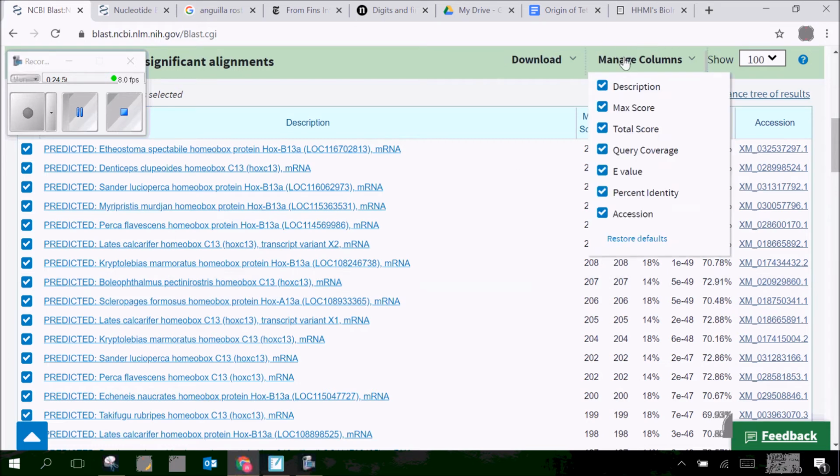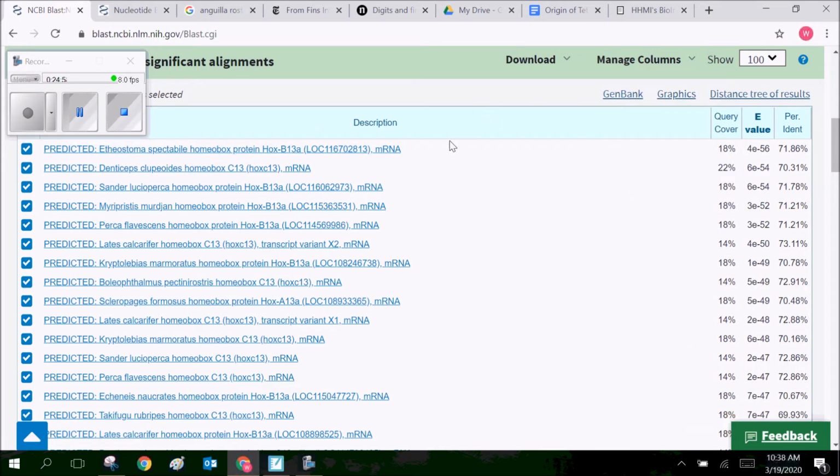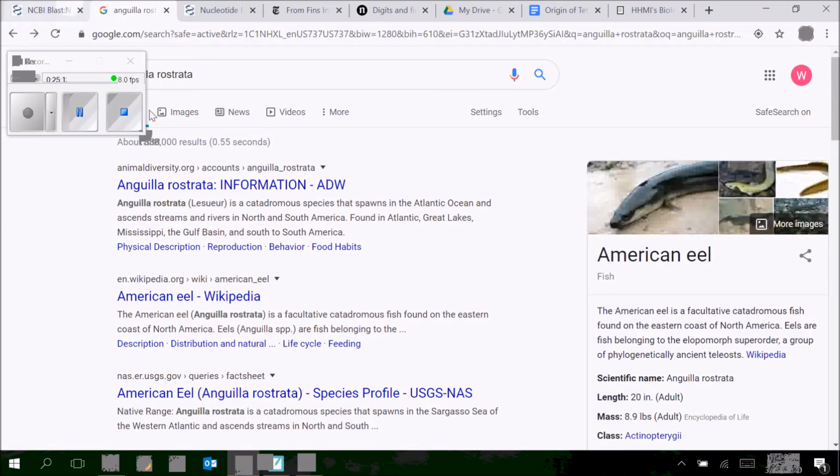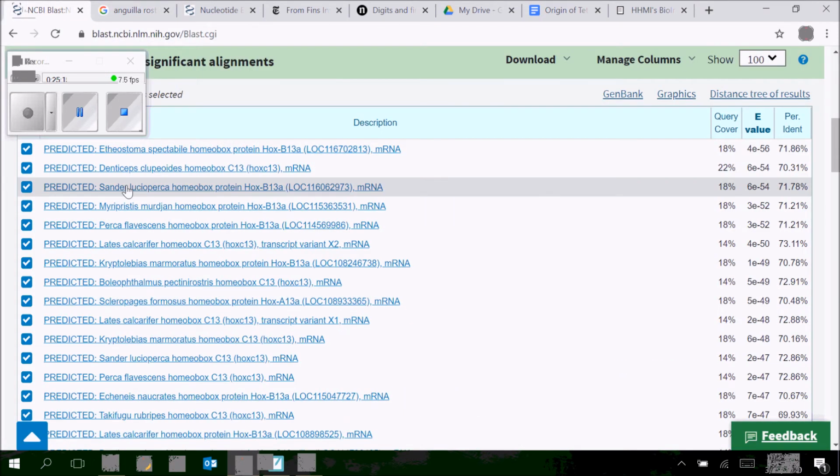And actually, I'm going to get rid of some stuff over here. I don't care about the max score or the total score or the accession number. Okay, I'll make this easier for you to read. So over here are the names of organisms that we are comparing the humans to. These are all the organisms that came up. If we're wondering what they are, we can go to one of their names. Let me go ahead and search one of their names here, like